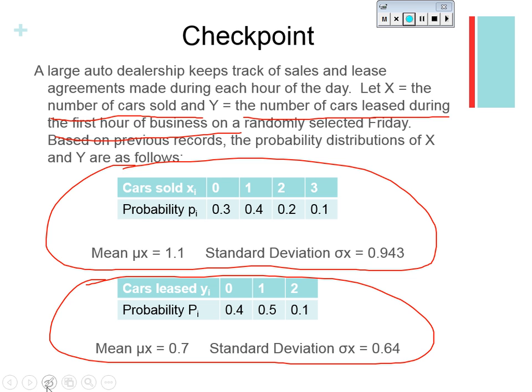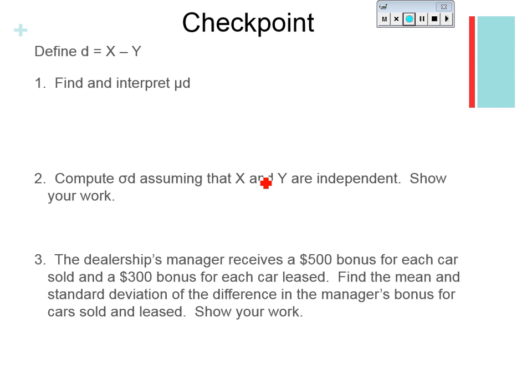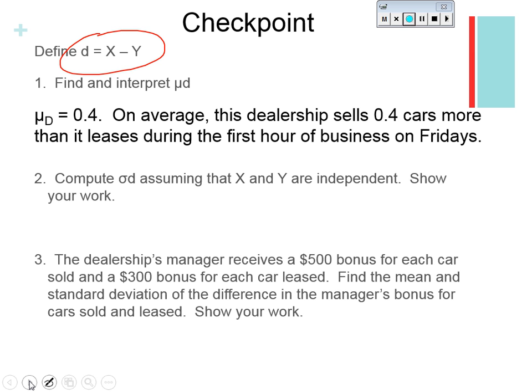So the question here says, find and interpret the mean of the differences. So we're going to define the differences as being X minus Y in this case. So to find the differences, all we're simply going to do here is just subtract the two means, which in this case we would have as 1.1 minus 0.7. So the difference for that would be 0.4. So we would say on average this dealership sells 0.4 more cars than it leases during the first hour of